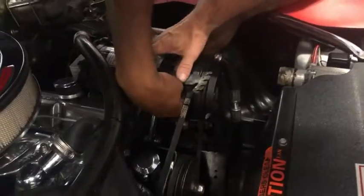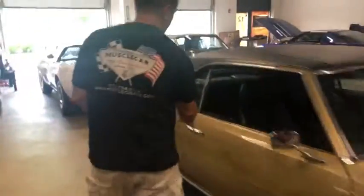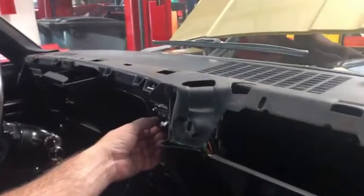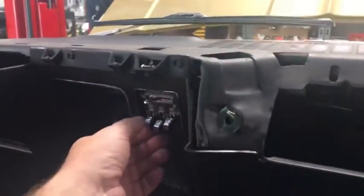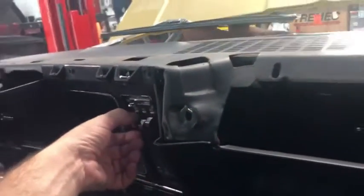So we just installed this brand new compressor. If you come over here and take a look at the dashboard, we had to remove the controller and install a brand new controller. The controller was broken. It was stuck down below. I guess throughout the years, they rust up, they bind up, and when you go to put the air conditioning on, the button breaks. So we had to take the entire dash pad off, and that's what we're doing on this